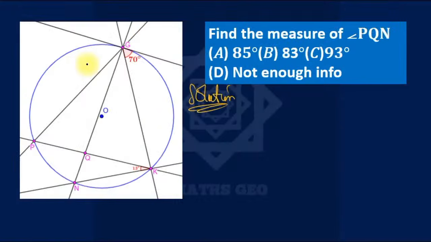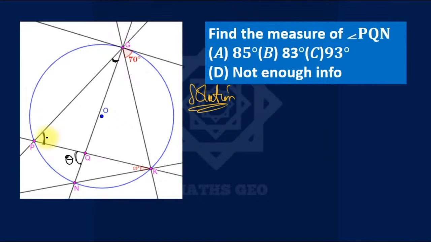Find the measure of angle PQN. So we are looking for this. Let's call it theta. Looking at triangle PGQ, we know that if you add the remote interior angles, that is, if you add this and this, by exterior angle is now theta. Yes. So by exterior angle, once we add these two,